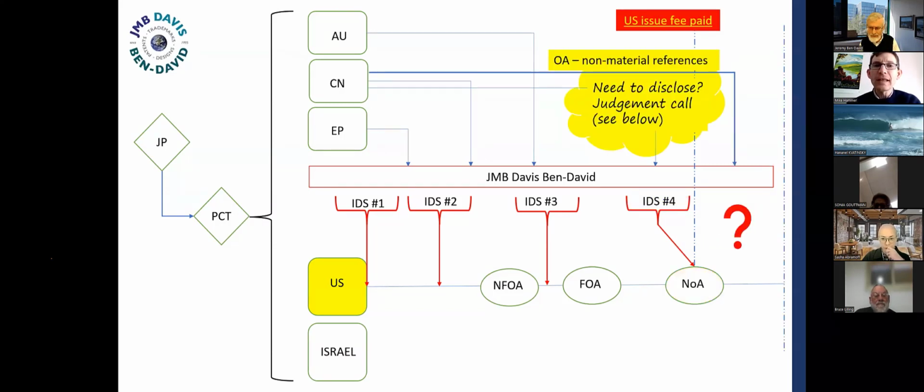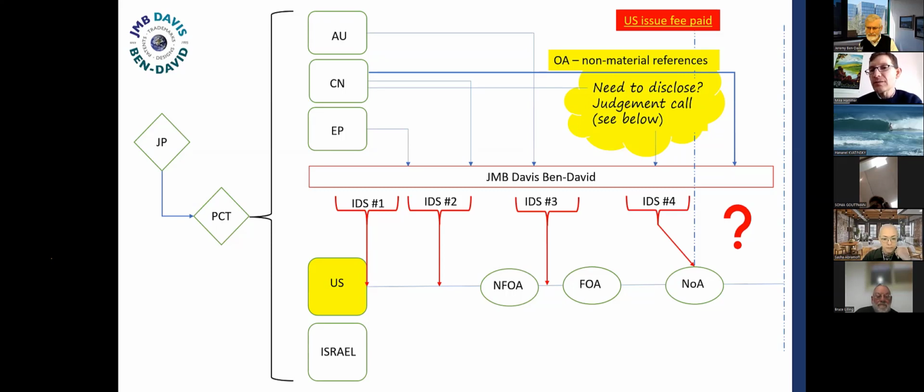The last thing here is, what happens if in that last office action one of those references is the equivalent of an A reference? What if the examiner just throws something out saying, we've got this background information, and I think I should cite it, but it's not really figuring into my decision on patentability. It's certainly not a novelty destroying reference according to, say, Chinese patent law. Certainly not an inventive step destroying reference according to Chinese patent law, but I think it should be cited. So then there's a question.